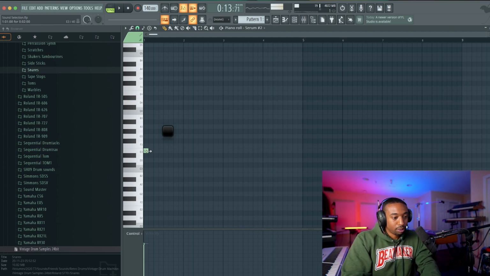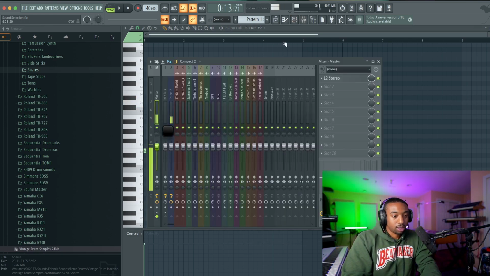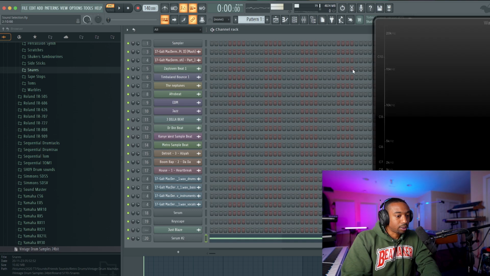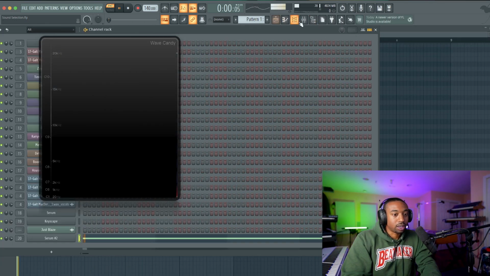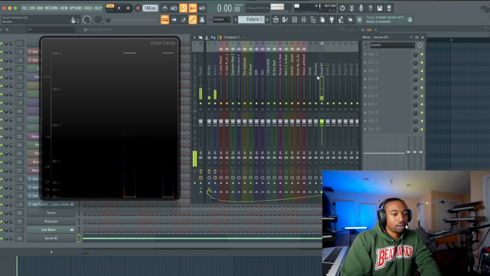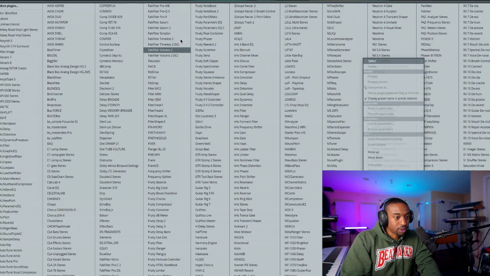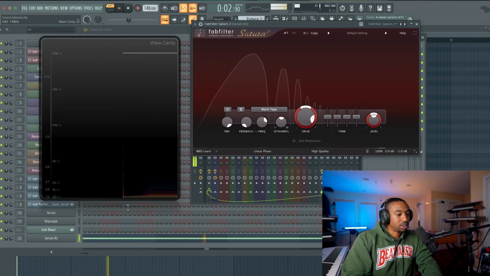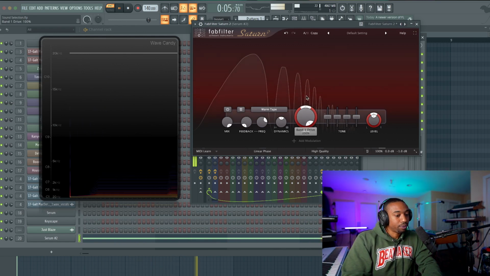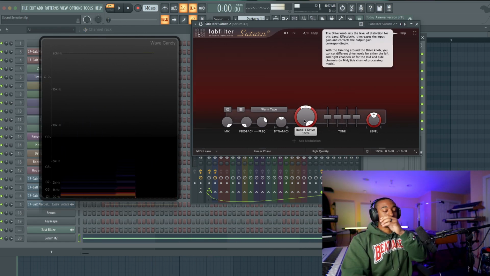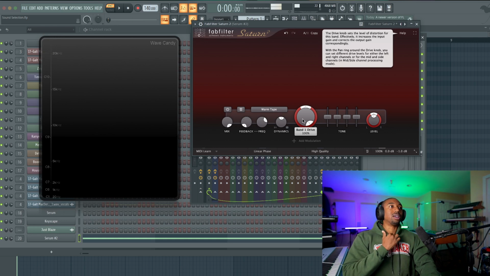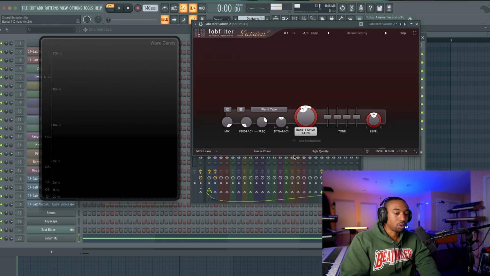So let's run this bass through Saturn 2, for example. And let's pull up Wave Candy so we can visualize all this. I have so many parts of the screen up. Okay. Now let's load up Saturn 2, FabFilter Saturn 2, and let's run this through different algorithms. So as you can see, we're creating harmonic content in the sound. Now, if you distort your bass and run it through a bunch of saturation, you're going to get a more edgy sound, a more gritty, aggressive tone, more restless type of tone. Whereas if you're going for something smoother or vibier, you would pick something with less harmonic content.